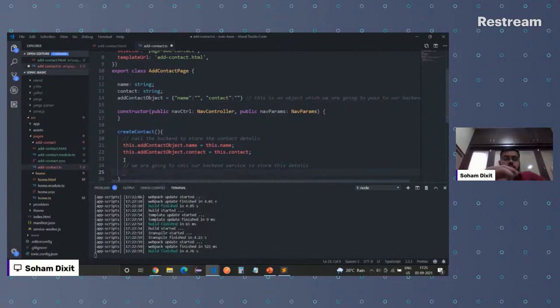Post means we are going to add the entry in our database, and in return the backend will give us a response which we will validate in the front end. If that response is success, we'll show a message to the user saying contact is added successfully. If we get an error, like if there is an issue with our backend, we'll try to show that to the user as well.